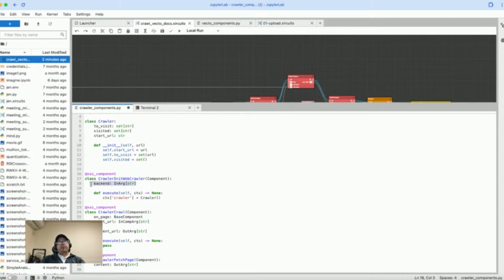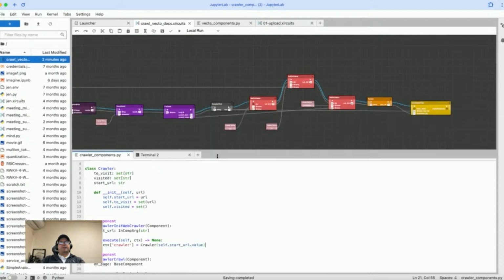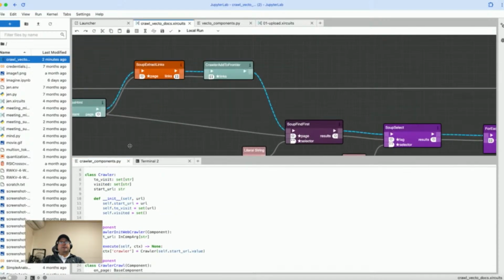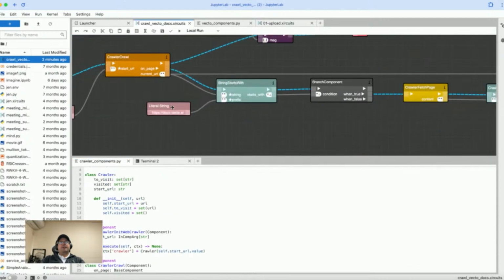I mean, this is either a Beautiful Soup type of thing or something else. But since we're specifying that we're going to use Beautiful Soup, I don't think we necessarily need that, but we need the start URL. So I think having the start URL here instead of backend makes the most sense. Like that. So if that's the case, then